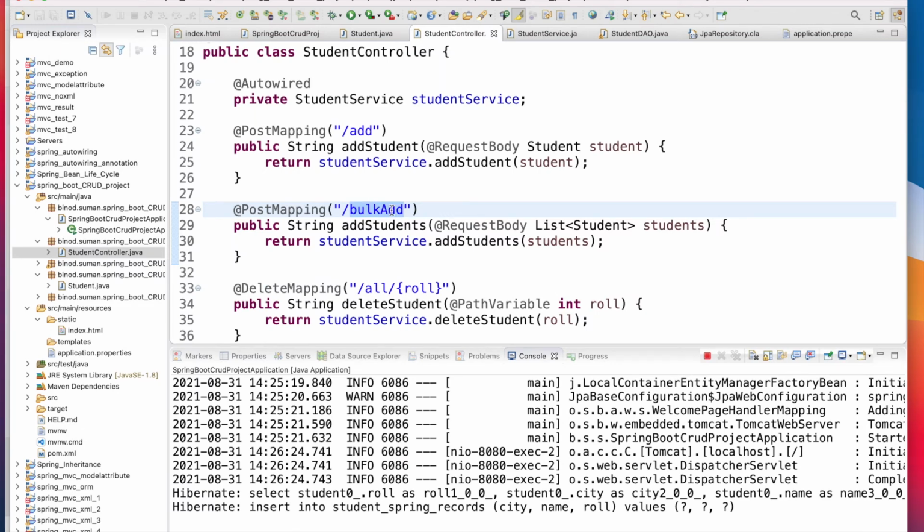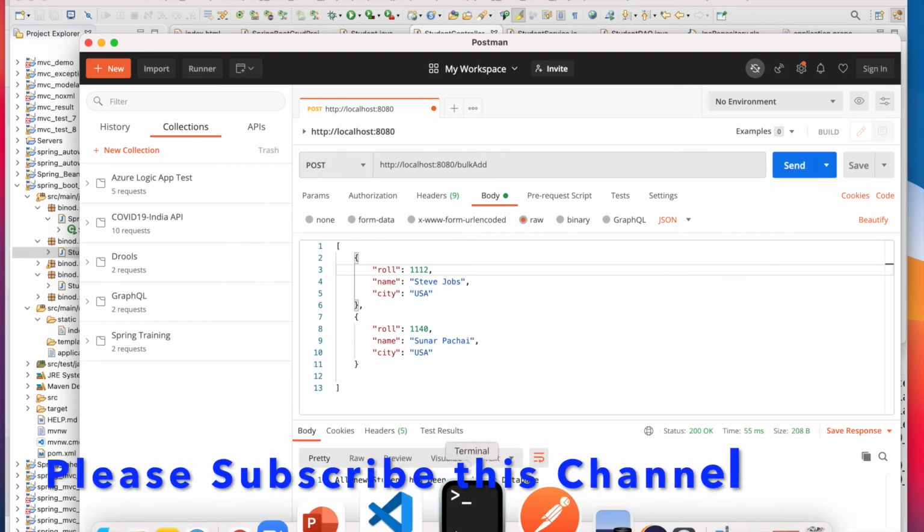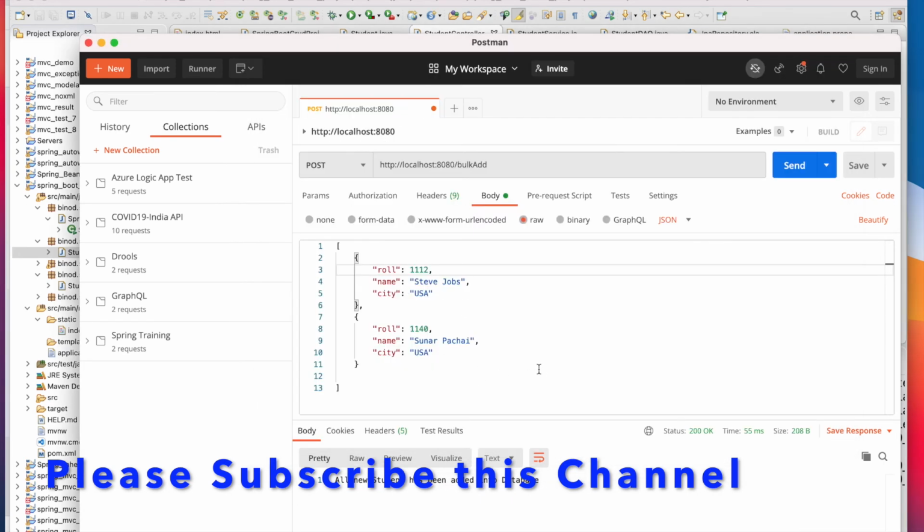We have to use the bulk add, so again go and add the bulk add, post, with two entries. This time it will change. This is the post, be careful. Two more students have been added. Now check, yes, it is added two more, right?